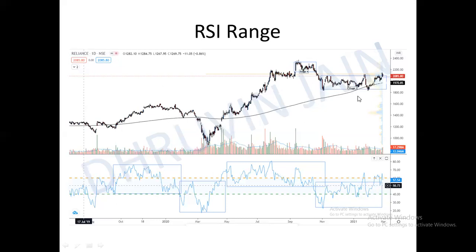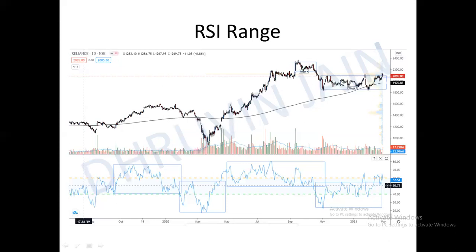So, okay. And you can see that the 40-35 region acts as a great support region. Although it is right now in a region of bearish territory, still you can see the emotion behind the RSI, that it is not going below the 35-40 regions. That means still Reliance is bullish. Still Reliance can be considered bullish.